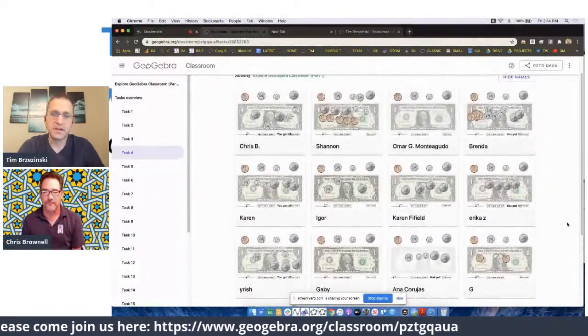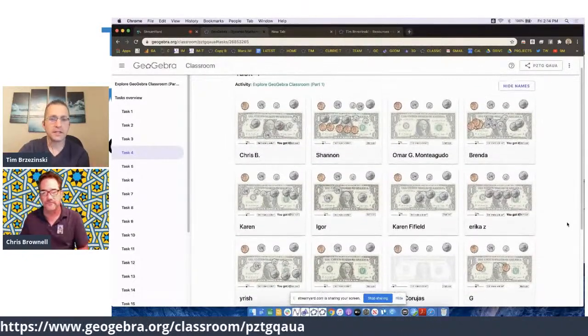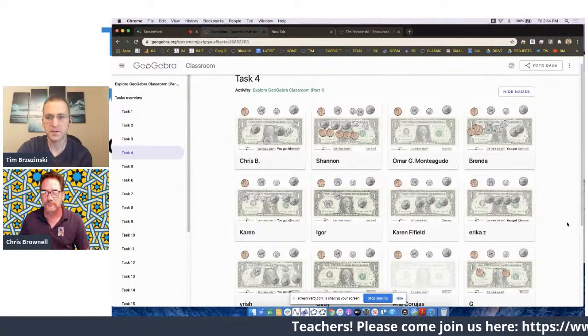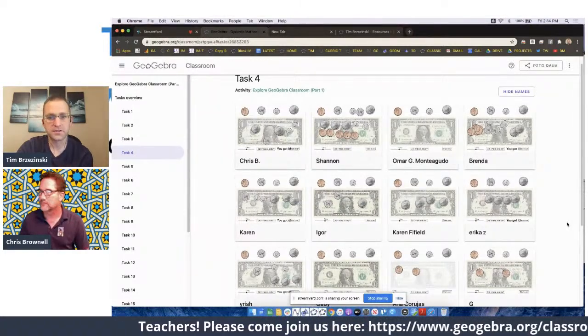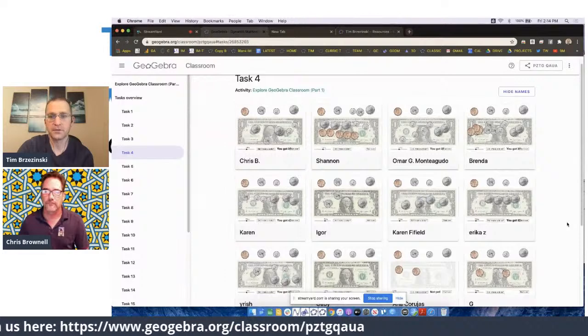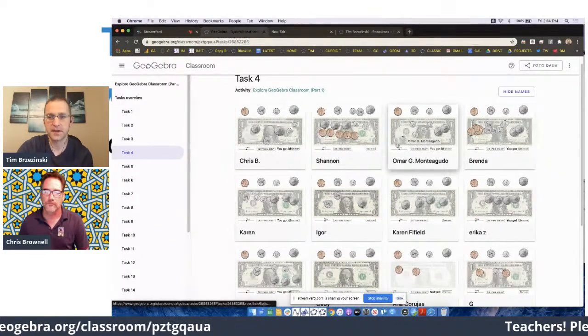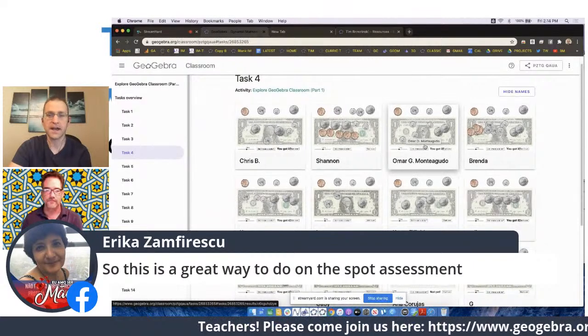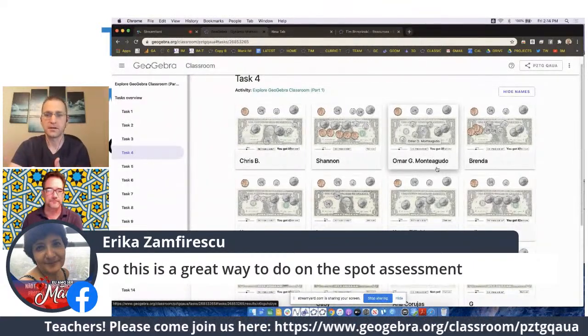Honestly, right now GeoGebra really needed to get this out there, because we need a mode of formative assessment that's less stressful for teachers and students. In my opinion, this is an awesome platform to do that. Like Omar just put a bunch of coins right here. 50 cents. There's his dollar right there. I could just tell he got it without him having to screen share it to me. You know what I mean?